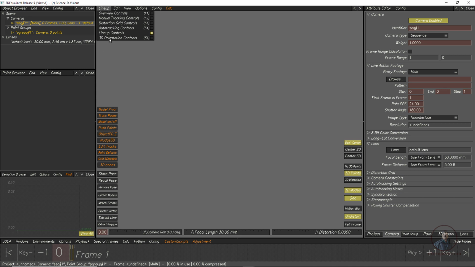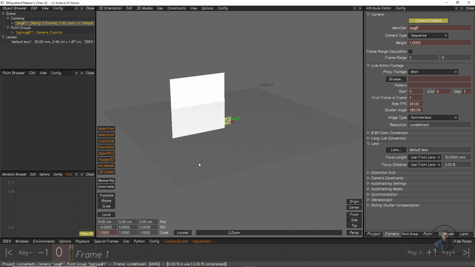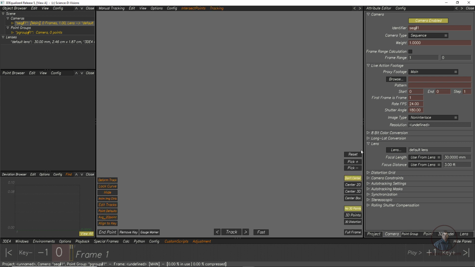You can also select this 3D orientation control, which will switch to the 3D view here. This is the 3D Equalizer default 3D view. Now finally, just select again this manual tracking controls here, and on the right side, in our attribute editor, downside